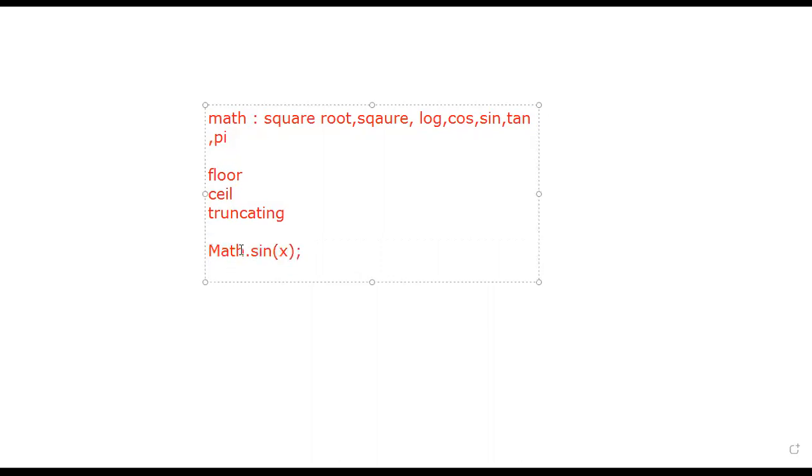So here Math is an object, students. Why is it an object? Yesterday we discussed that objects are used to hold a collection of properties with different numbers and different data types. So here you are going to use a Math object, and these are the methods. All these methods fall under the categories of numbers.